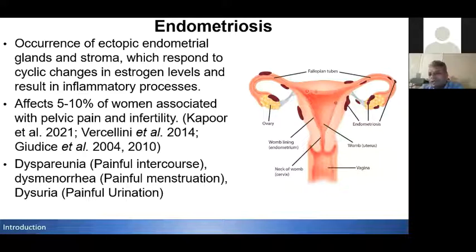Normally it is inside the uterus, but in endometriosis, it grows outside, maybe in the ovarian region or the peritoneal region, and it leads to pelvic pain and infertility because it undergoes bleeding and shedding every month, just like the normal inner lining of the uterus, and that causes the pelvic pain